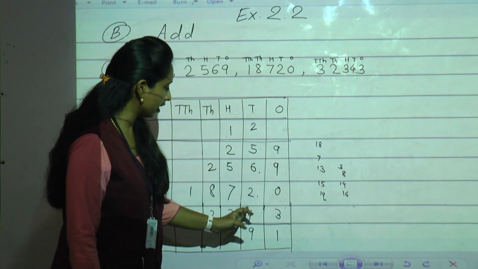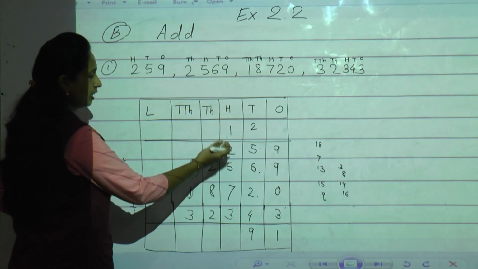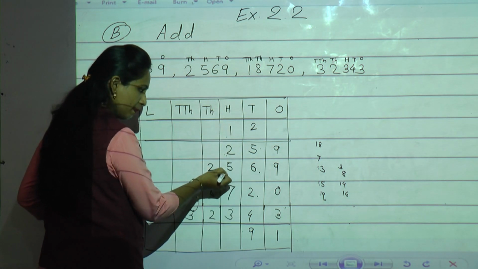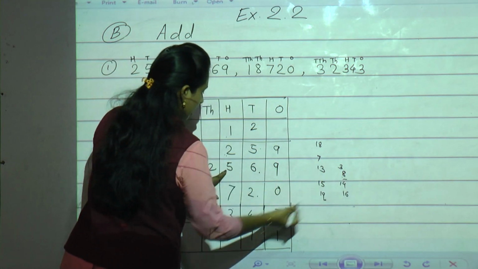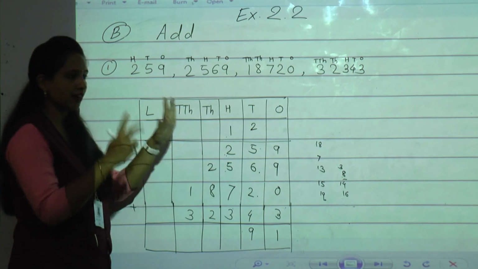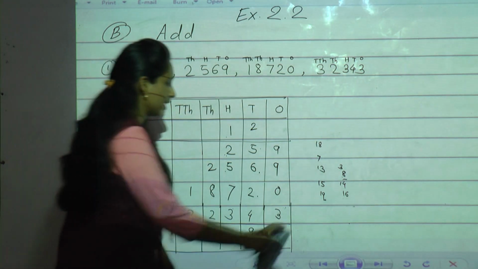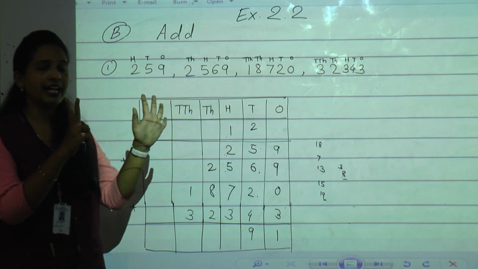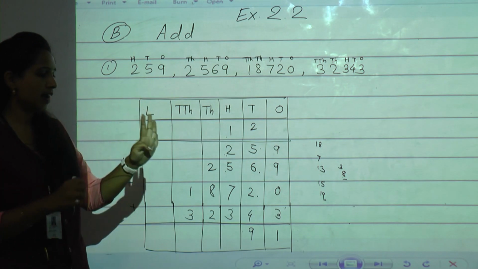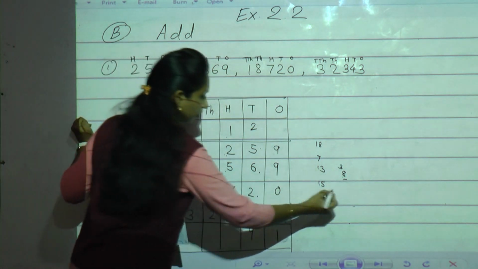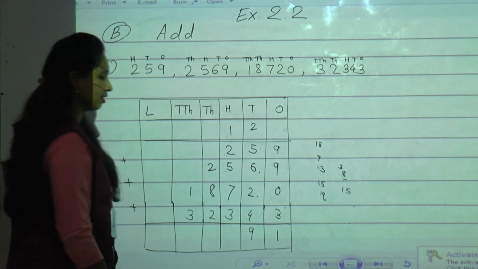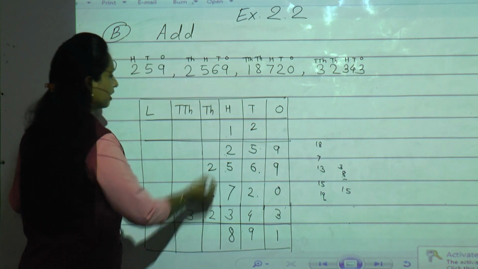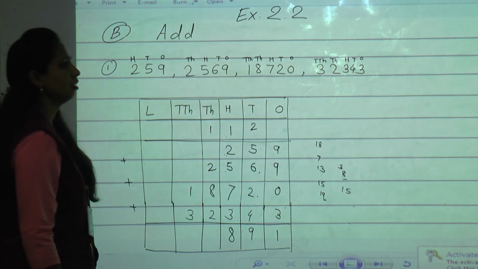Again we are doing the tens place, which we have already done. Now we have to do the hundreds place. 1 plus 2 is 3, 3 plus 5 is 8, till here we have done correct. 8 plus 7, after 7 fingers we were supposed to do, but by mistake I went with the tens place. Okay, 8 plus 7: 8, after that 9, 10, 11, 12, 13, 14, 15. I'll write 15. 15 plus 3: 16, 17, 18. So 18, I will write 8 in the hundreds place, 1 will carry to the thousands place.